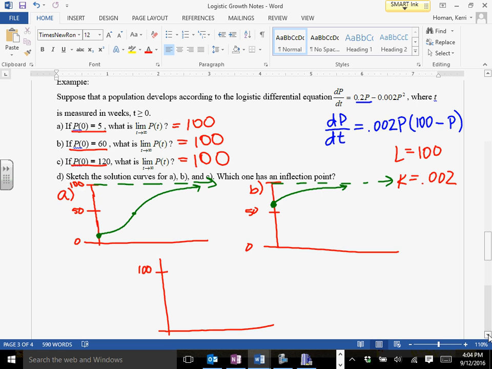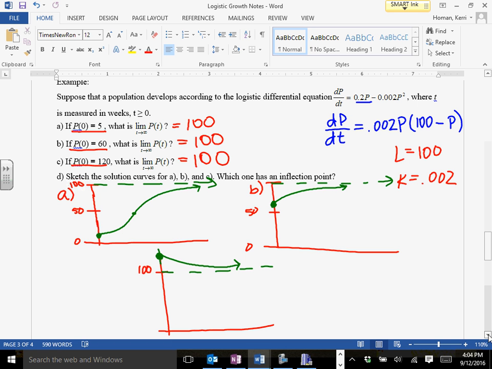Similarly, we will not have an inflection point with this initial condition. This initial condition is P of 0 is 120. We know that we have to approach that carrying capacity. And so we have to decrease towards that horizontal asymptote. Okay, so here are three different graphs that we could have for our original or for our differential